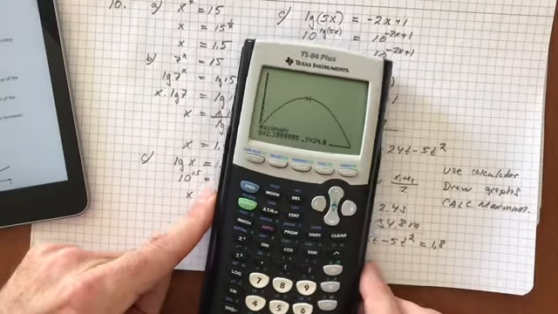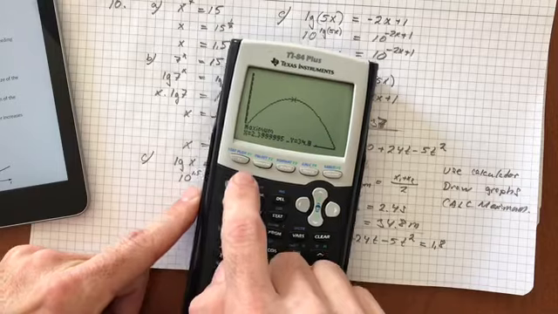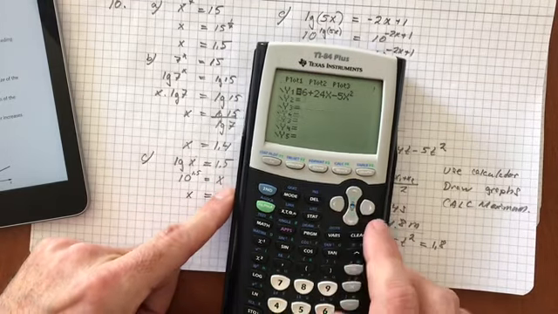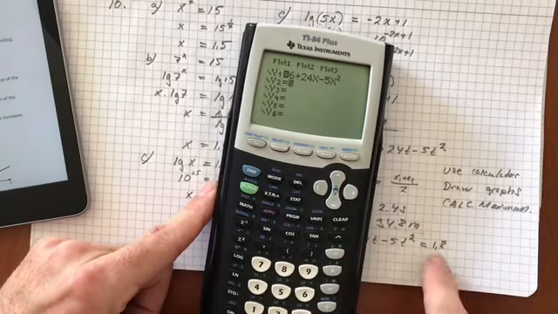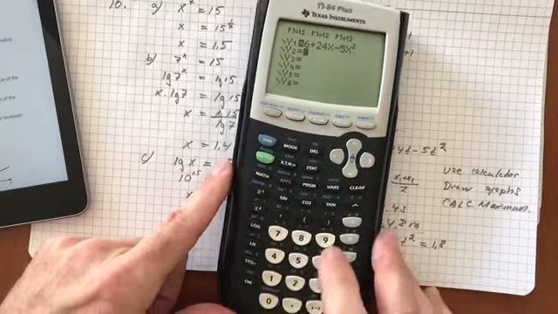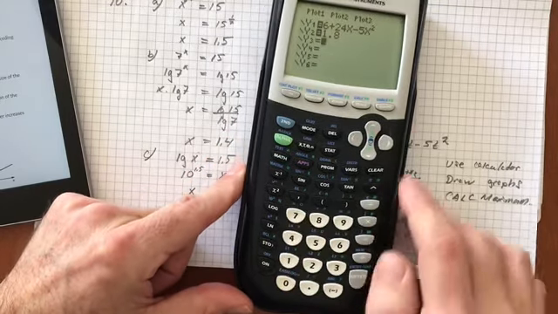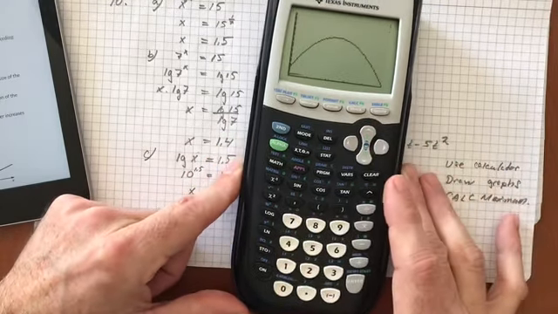So we have this, the height. Then I have to go to y equals 2, and I have to insert another function. And that function is y equals 1.8, and enter. And then I draw the graph. And you